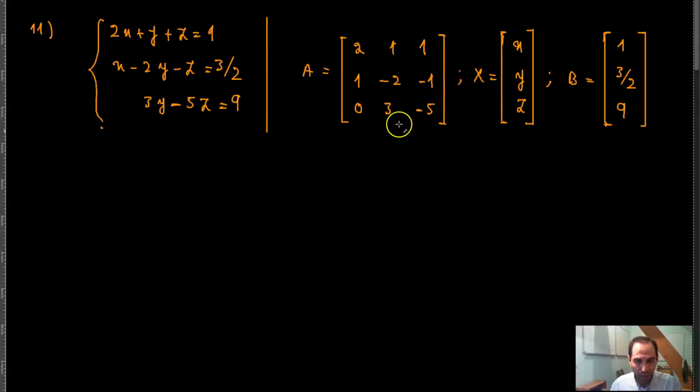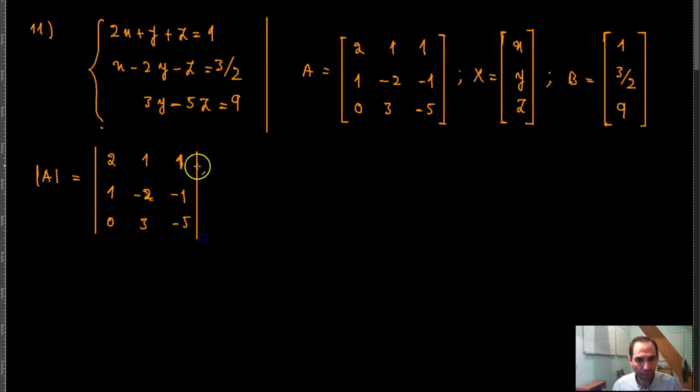So then once you have this, you need to calculate the determinant of A. The determinant of A is the determinant of 2, 1, 1, 1, -2, -1, and 0, 3, -5. And that's the same thing as expanding along the first row. You have -1 raised to the second power times 2 times the determinant. Deleting this row and this column, you get -2, -1, 3, and -5,